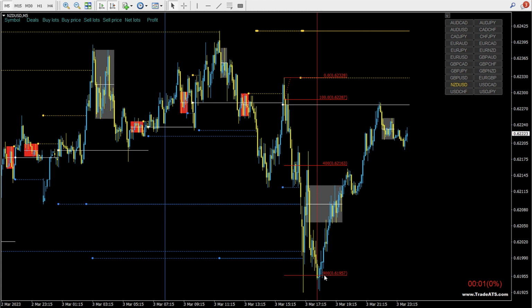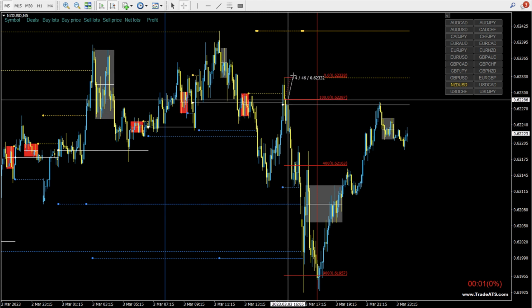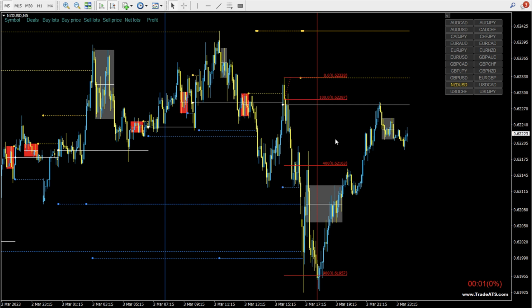Now my target is always 900. So it's 8 times the R, the risk I'm taking. But whenever the market reaches the 400, I will be moving my stop loss to break even. So I expect that the market should reverse from here and come to this level. Now I move my stop loss to break even, and then I expect it to go to this level. So this is how I use, in a simple way, the